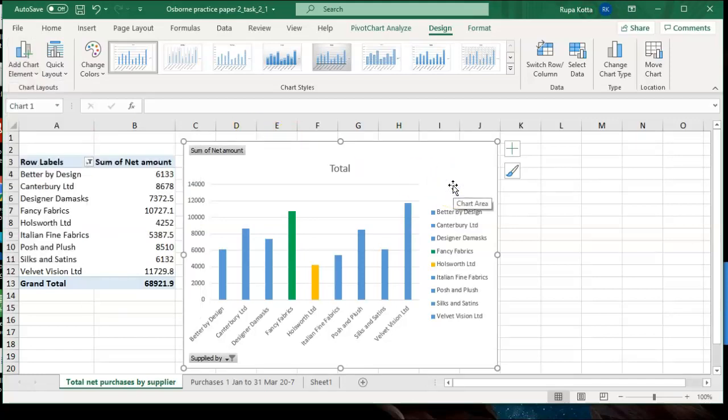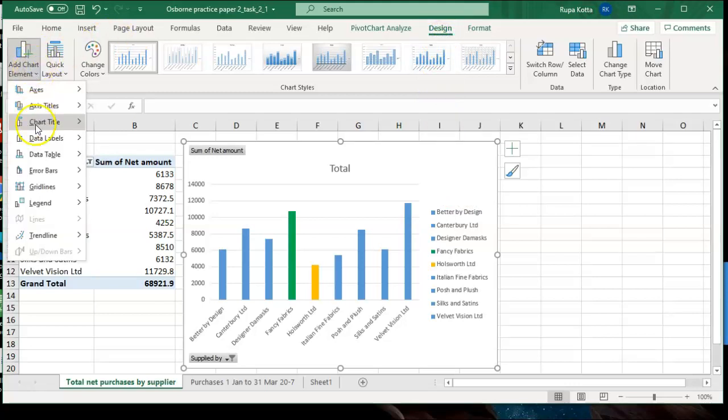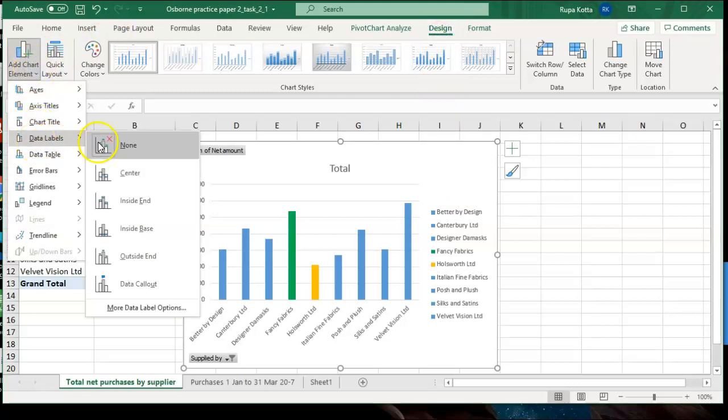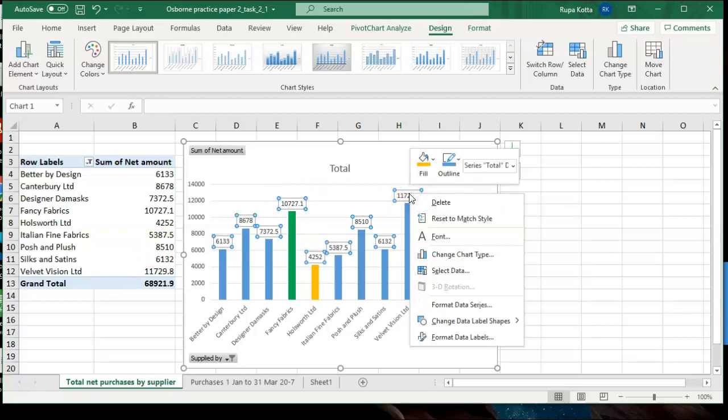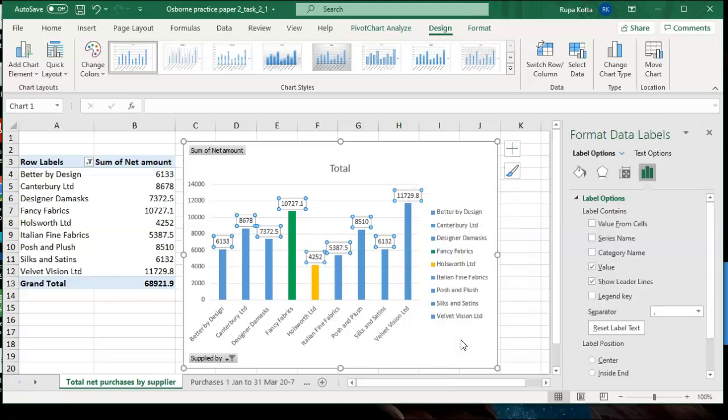So select the chart, design, add chart element, data labels. Where you want to add the data labels, I will say outside end on the top so that you know where they are. Click on that. But as you can see there are some decimal places, and they do not want any decimal places. So select those labels, right click and say format data labels.